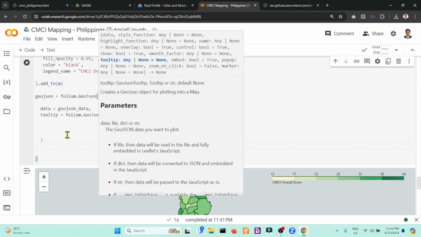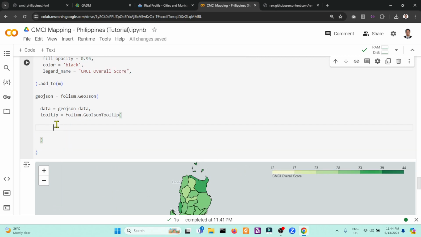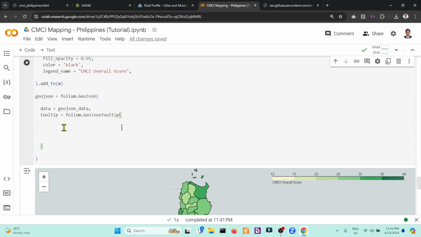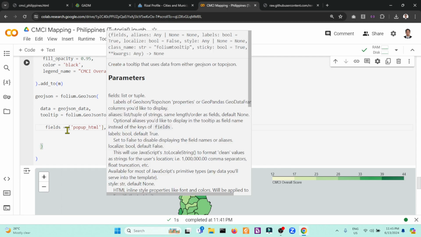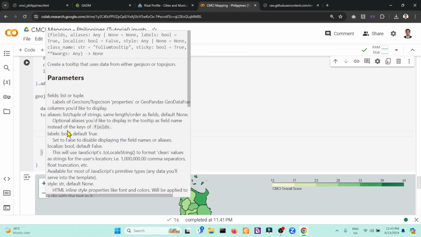Specifically, it has also some properties that we need to define. The first property is we need to define specific fields. The fields will be the pop-up HTML because we already created the fields inside the pop-up HTML.